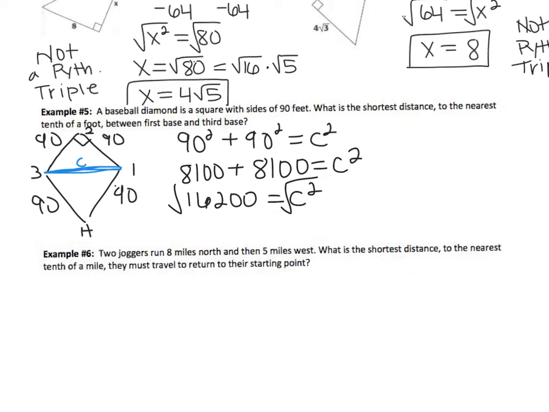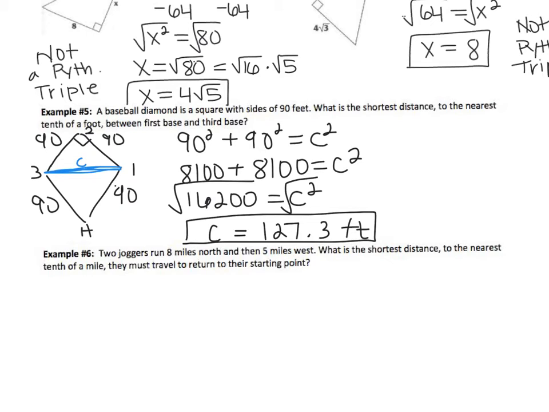We're going to take the square root of both sides, and we do ask for a decimal to the nearest tenth of a foot, because the square root of 16,200 is not a whole number. But when we do the square root of 16,200 in a calculator, we are going to get 127.3 feet. The decimal is 0.279, but because this asks us to the nearest tenth, which is 1 decimal place, we look at the 7, which is going to round up that 2 to a 3. So we get